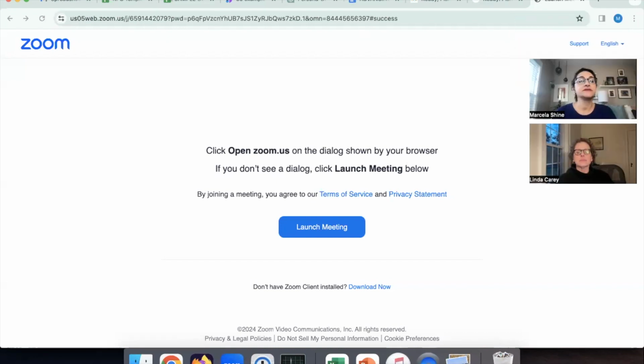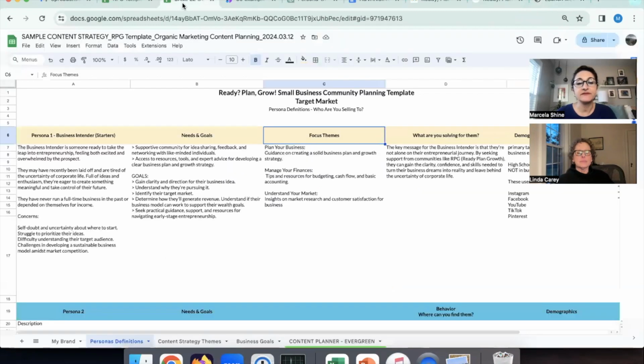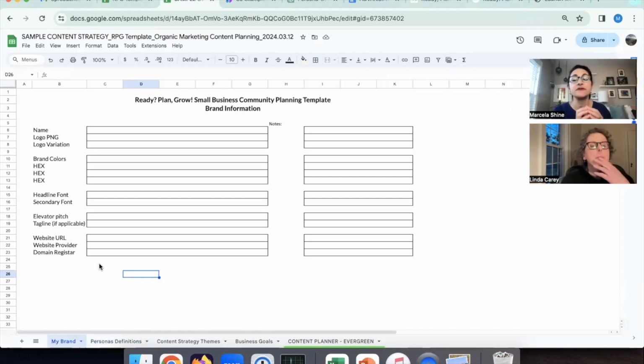And what we're going to do is start by showing you the sample template that I will be releasing to the community as a planning template. So in this template, you will see that there is some space so that you can just have your brand summary. This way you're not going all over the place looking for where your logo is, your colors. This way you can copy and paste it, or if you're talking to people and they're like, what's your font? You and I love fonts, but you can quickly give that information to somebody else. So that's great. First tab, quick summary, helps you just keep it in a single place. More importantly,